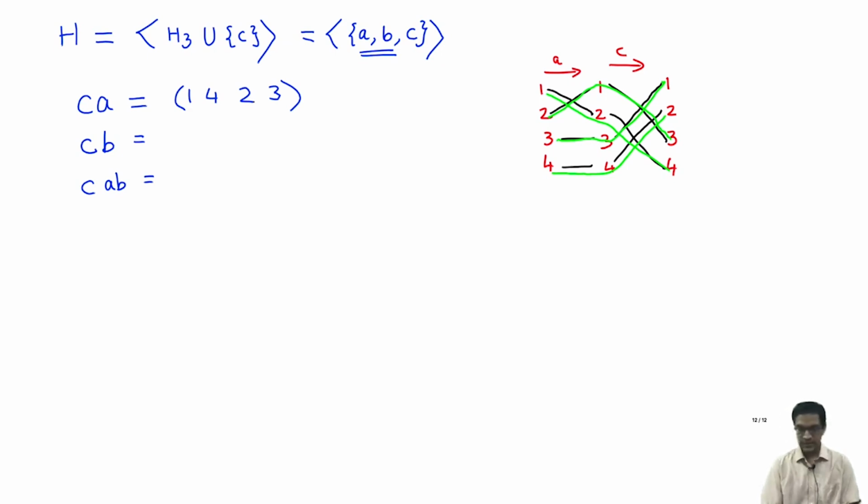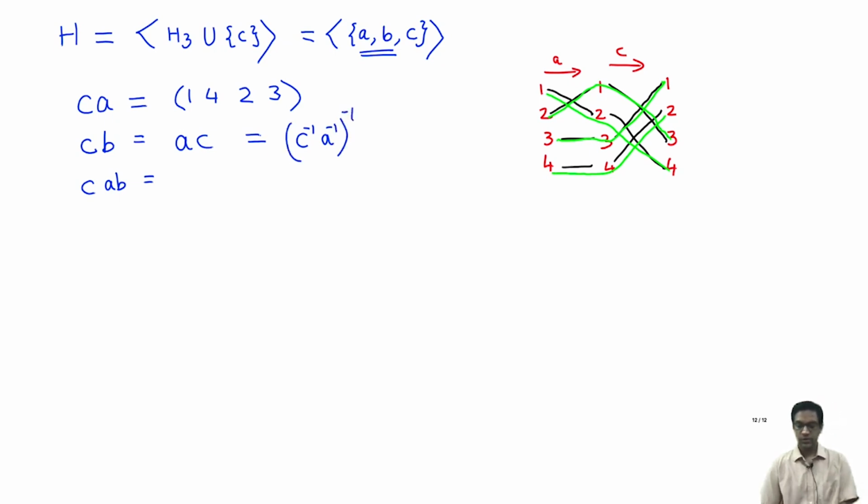Now let's compute the other one. CB, for example, you could do the same thing and write it out like this, but we could also use the various relations that we already know. CB is the same as AC, because CB C inverse was A. And what is AC? Well, I know how to do CA. If I know how to do CA, then I know also how to do AC. Why is that? Because AC is, let's see, it's C inverse A inverse, the whole inverse.